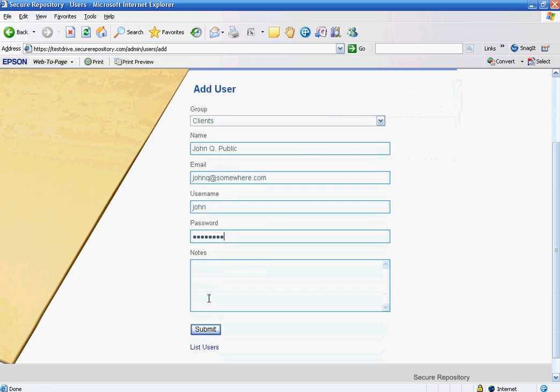Then underneath there, any notes relative to John. Met him on Tuesday, July 14th, 2010. And whatever you discussed, and you might want to put in his password